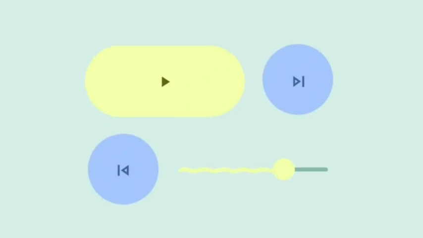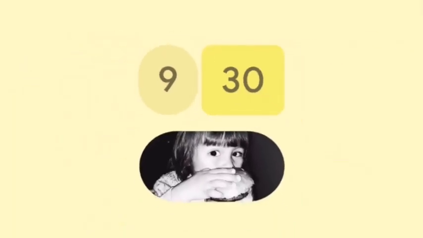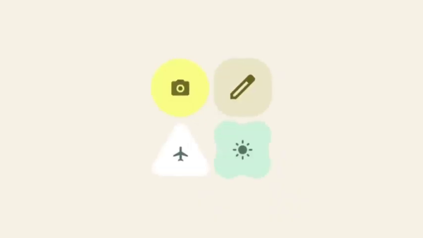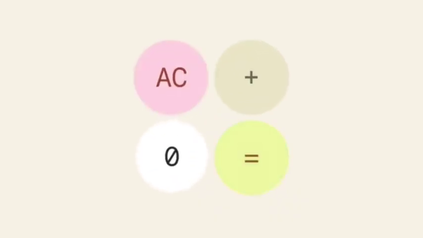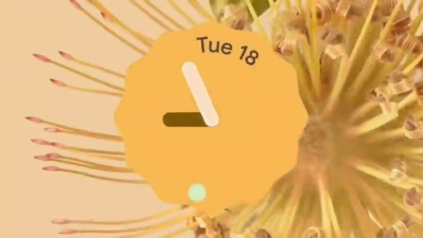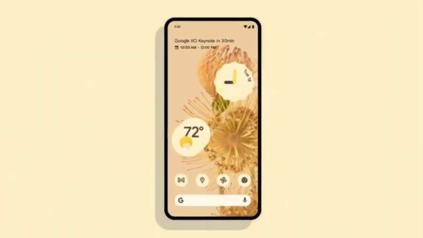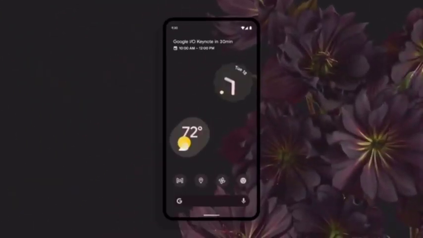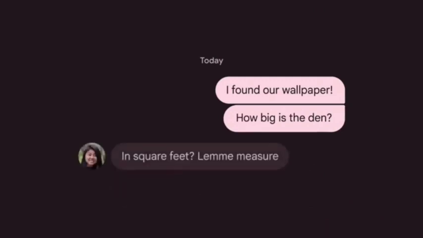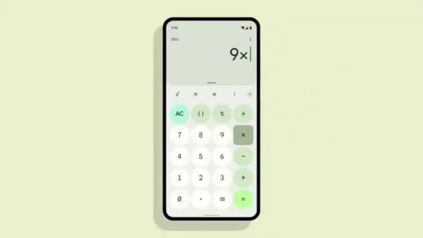Private and secure by design. Android 12 includes new features that give you more transparency around which apps are accessing your data, and more controls so you can make informed choices about how much private information your apps can access. The new privacy dashboard offers a single view into your privacy settings, as well as what data is being accessed, how often and by which apps. It also allows you to easily revoke app permissions directly from the dashboard.